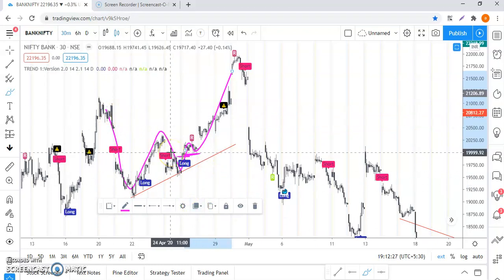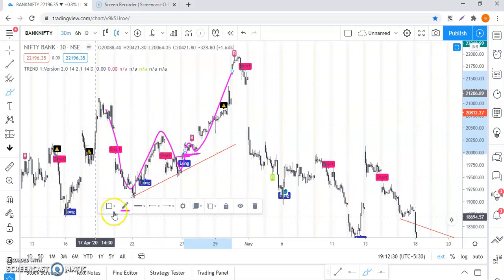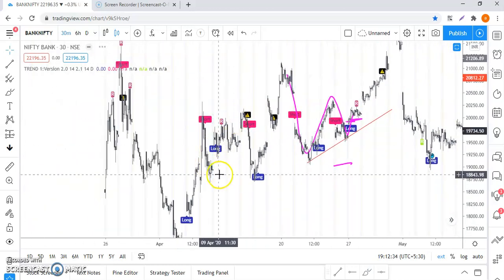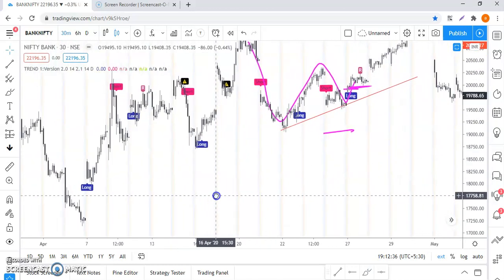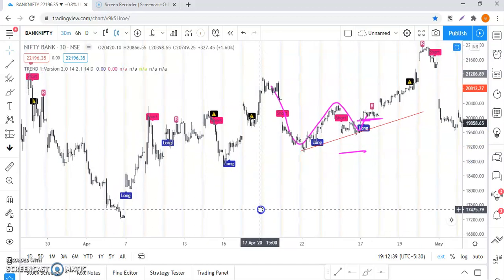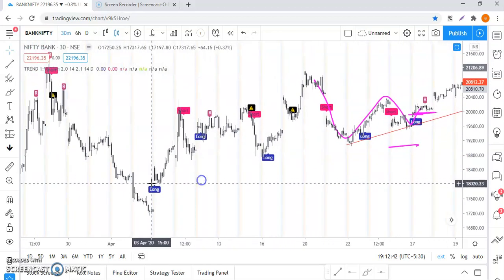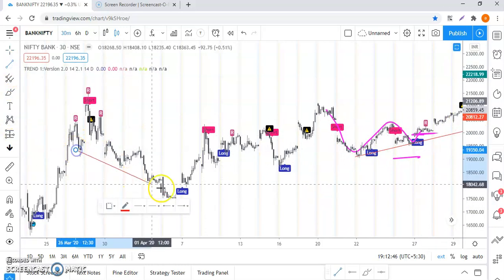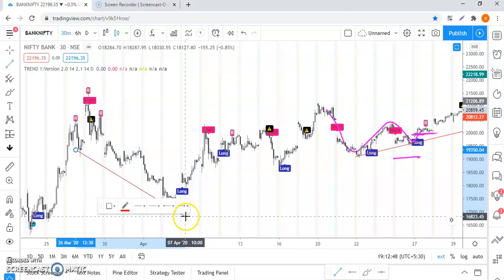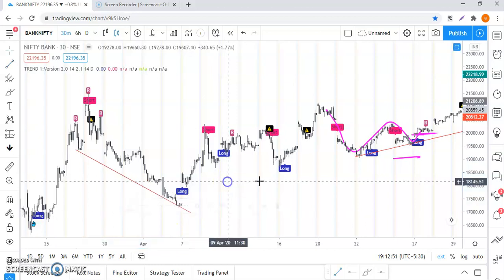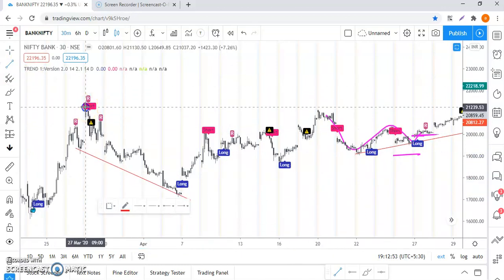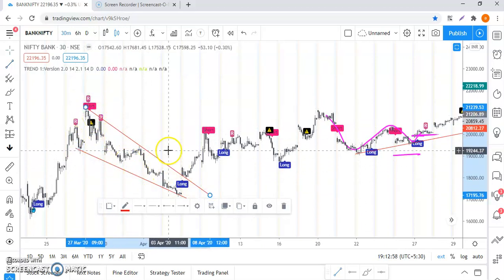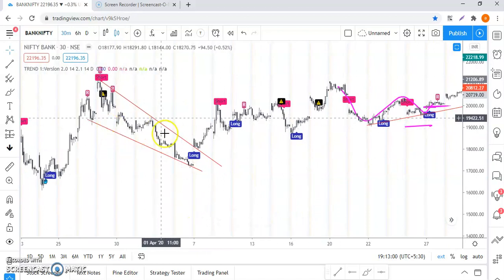Since we applied our tool, it's very easy to trade here. For example, let me take this. I want to identify one pattern. Okay, here I have identified the falling wedge. Just draw like this one. There's nothing too technical about all these things. 1 2 3, 1 2 3, no problem, fine. So this is the falling wedge.